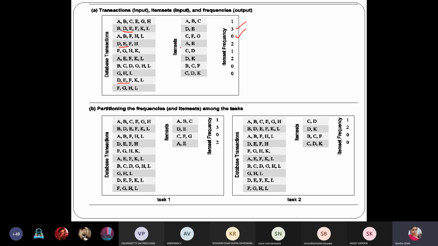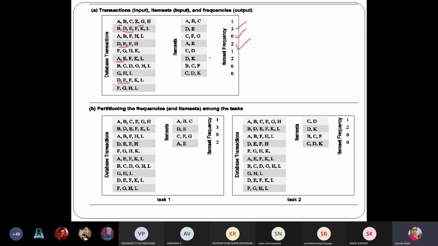Then A and E. Here we have one AE, another AE, and here I have another AE.